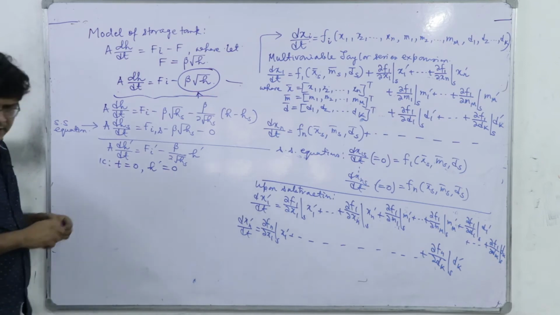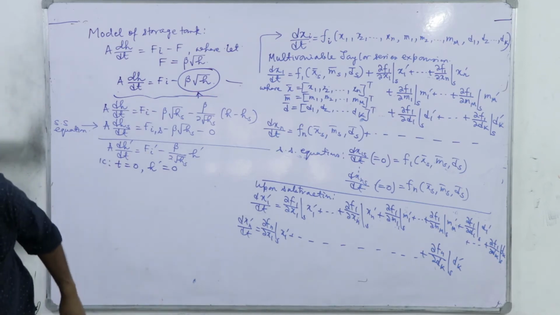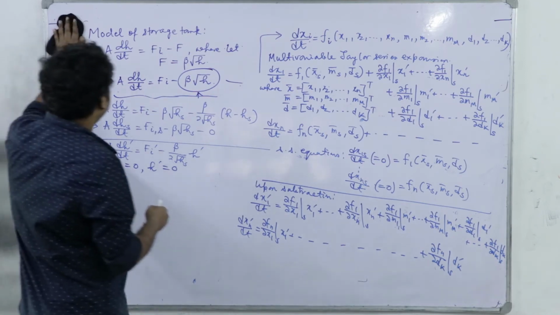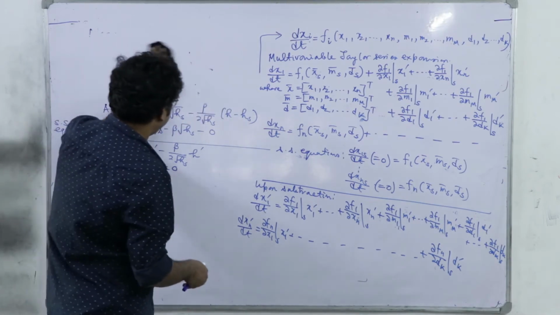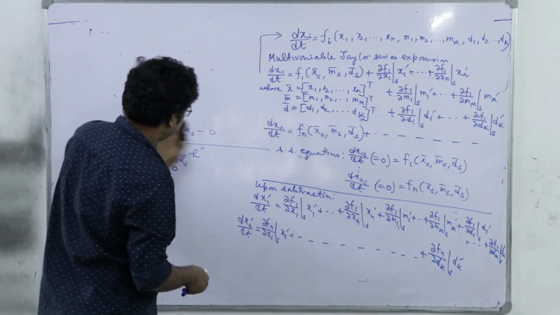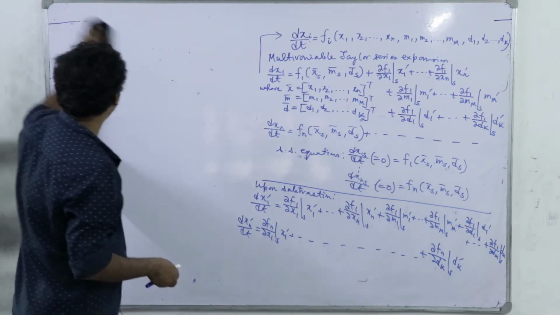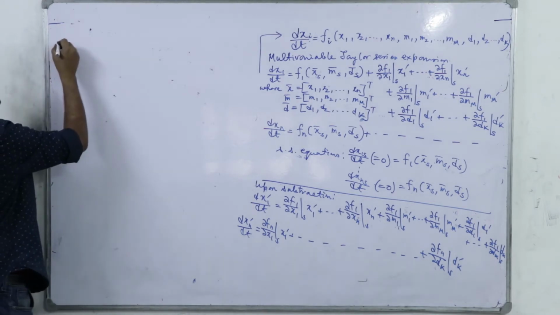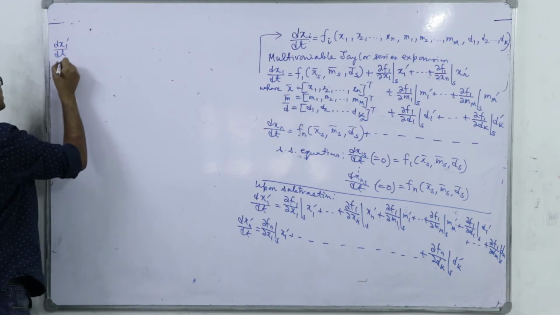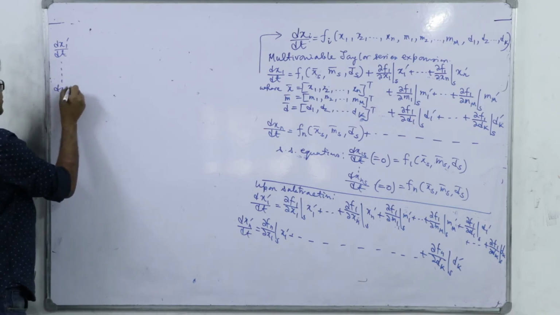So, if we can rearrange this, we can rearrange it in the form of a standard matrix expression, and we can write dx1 prime dt and dxn prime dt